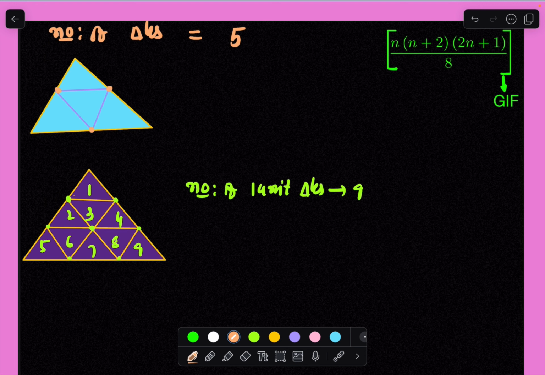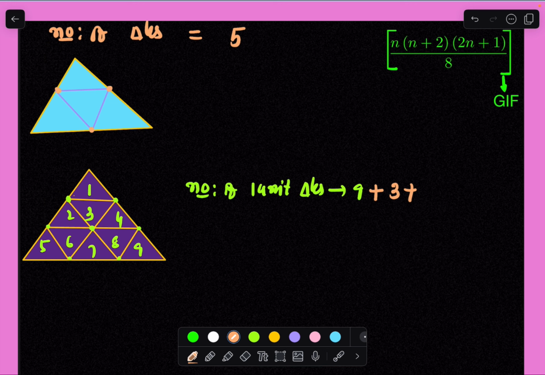Number of 3 unit triangles we can calculate here. So 3 unit triangles we can check. How many 3 unit triangles can we get here? This is one 3 unit triangle. This one, next one, it is one more 3 unit triangle, and here one more 3 unit triangle. So 3 by 3 size triangles we can consider like that. We'll get 3 on that. Next one.